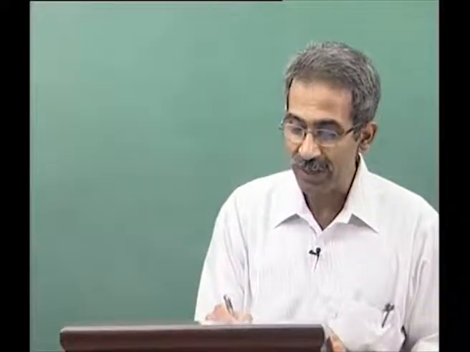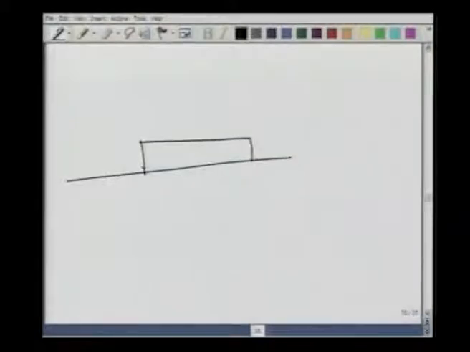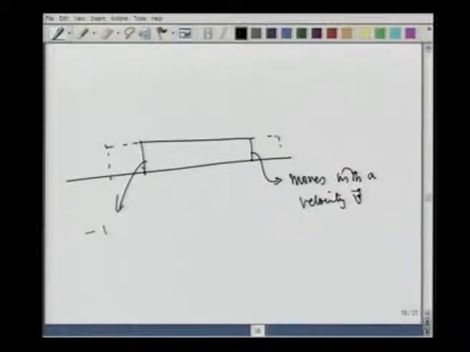Therefore, if I were to write a profile, how does it look? My electric field is like this. This is at t. At a later time, the field will be here. In other words, this boundary of the electric field moves with a velocity v, and this boundary moves with a velocity minus v. Therefore, I have a time dependent electric field.